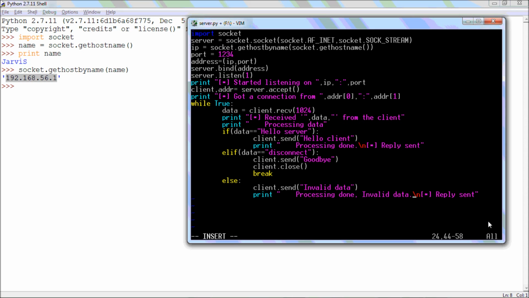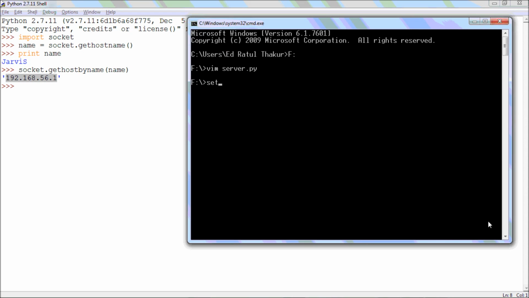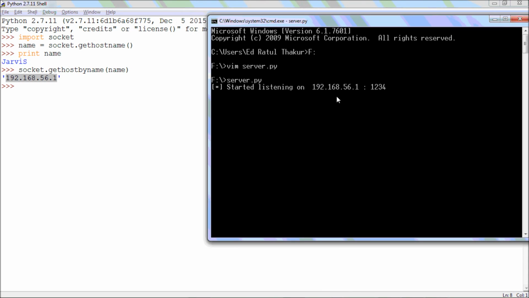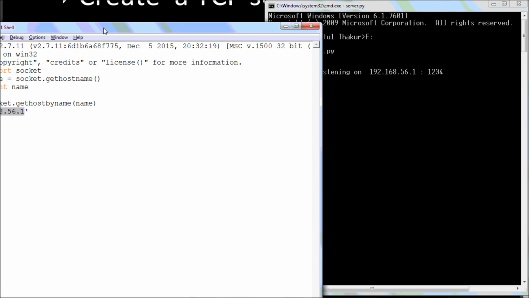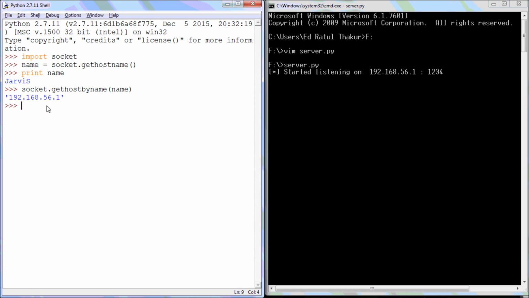So now we have finished writing the script, and we'll save it and run it to check if we have any errors. So no errors yet, and it has started listening on this address. And now we'll make a client and connect to it, connect to this address. So this is the same, so we can copy this entire address into this,